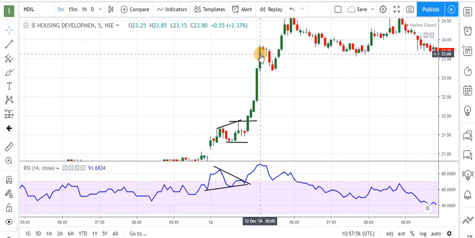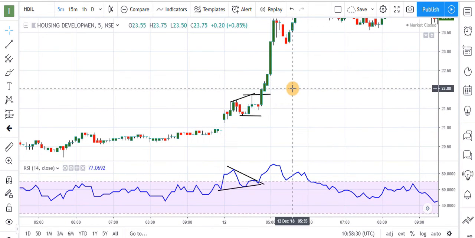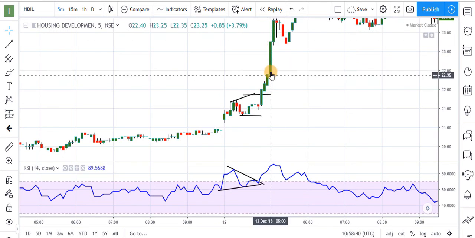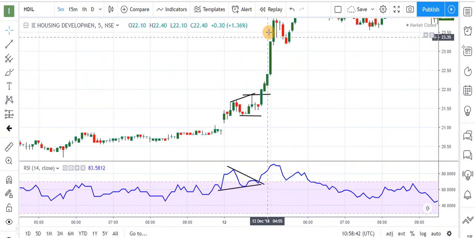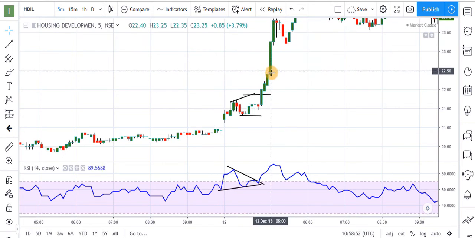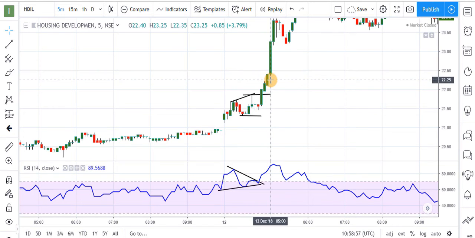These three candles are very long candles because there is high momentum. When we get a failing divergence, it means there is high momentum in the stock and we don't get any retracement in the prices. See, these three candles are going in upward direction and it is a very sharp up move. So if we get a pullback or consolidation after one candle, we should immediately exit from our trade.